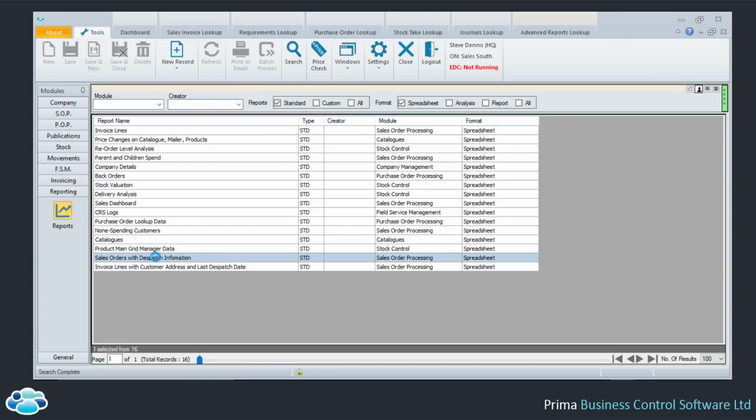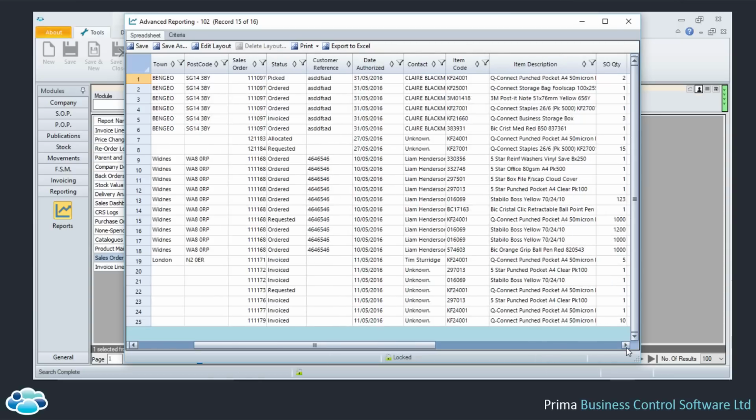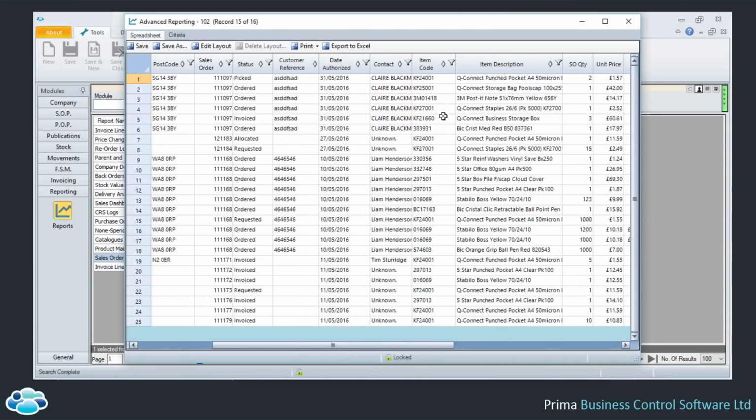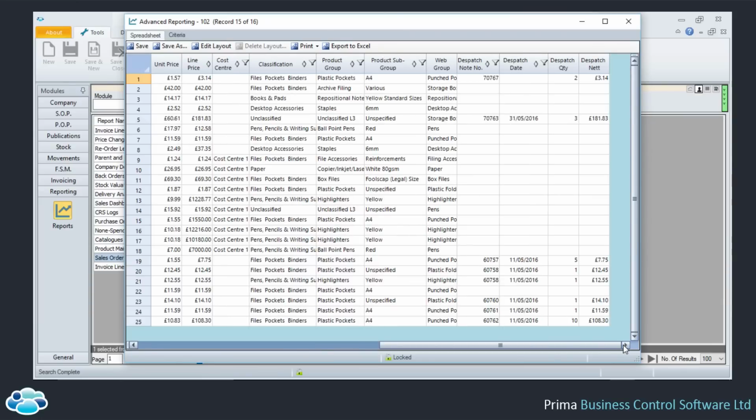So if I could just go into the sales order one, for example. So in here, I've got customer data. I've got, in terms of company names, company account codes, address locations against the orders, sales order references, sales order status, and we're talking at line level here. I've got code data, I've got sales order quantity data, pricing, classifications,